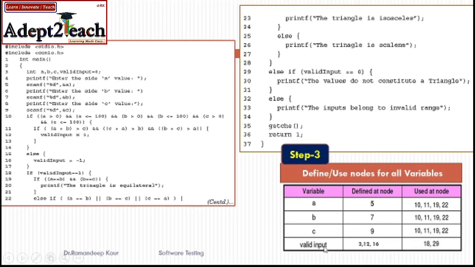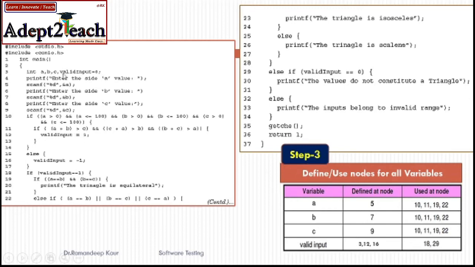Now next is our variable valid input. Right in the beginning where the other variables were declared, valid input was defined. So it was getting a value of 0 right at node number 3. So node number 3 is the defining node for valid input. So I have written node number 3.